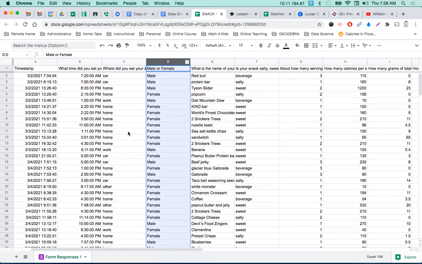All right, so here's how we do it. I need to get a graph, and I need to get a graph I can copy and paste into that document. So what I'm going to do is, since I'm going to use the male or female category, I'm going to click at the very top where it says D, because this is column D. Once that's highlighted,